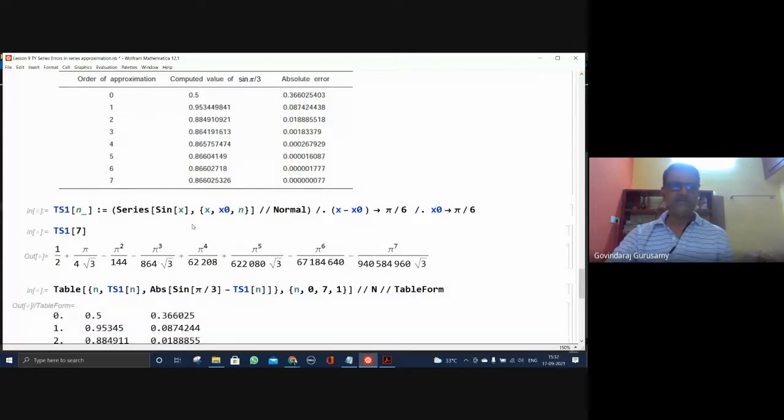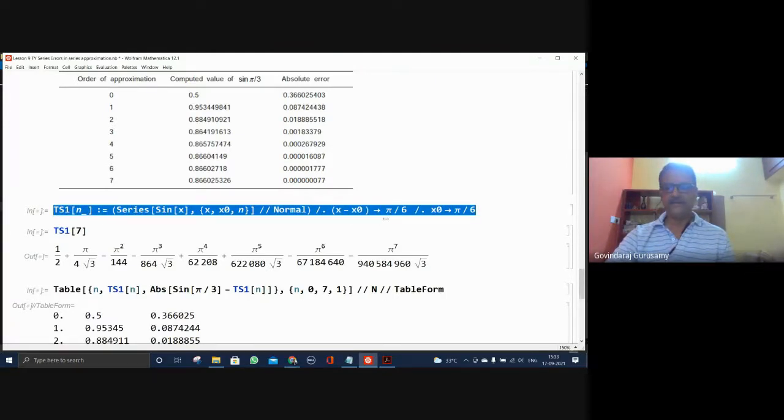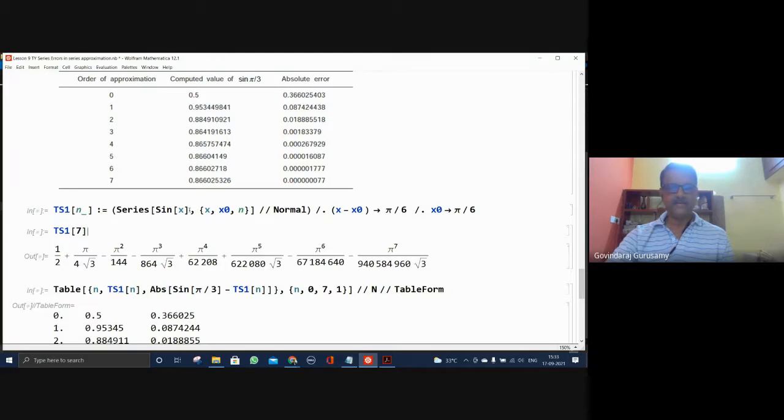So now what am I going to do? Well, it's a simple job. The previous problem which I used, I have just taken here. Replace the function by sine x. x0 and the same thing is there. x minus x0 is pi by 6, which I have found. x0 is pi by 6. If I do that, I have this result. Yes, 7, I am finding out.